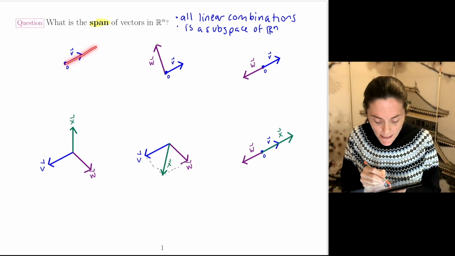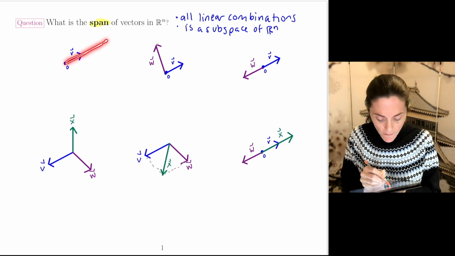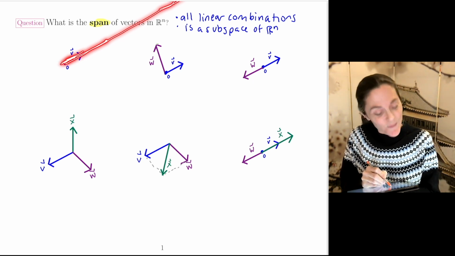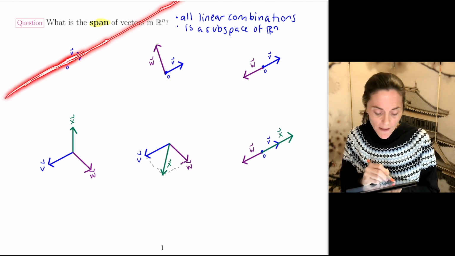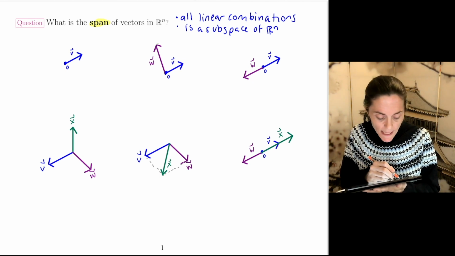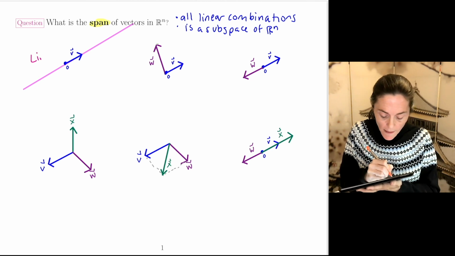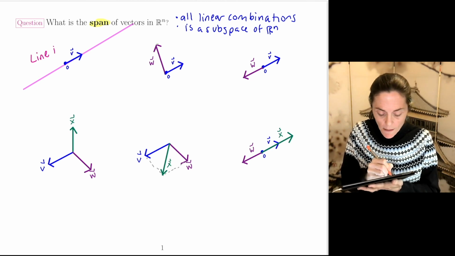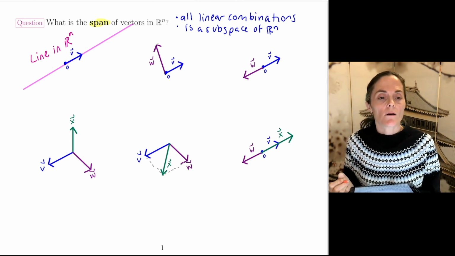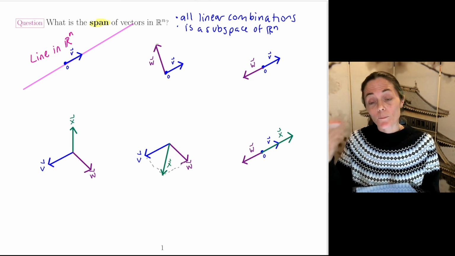So for instance, I could take maybe 2.2 times V, and then you would stretch out that whole line. And you could take negative multiples of V, and this would stretch out back this way. If you have one non-zero vector in Rn, and you take its span, you just get a line. This would be a line through the origin, a line in Rn. It's a one-dimensional subspace.